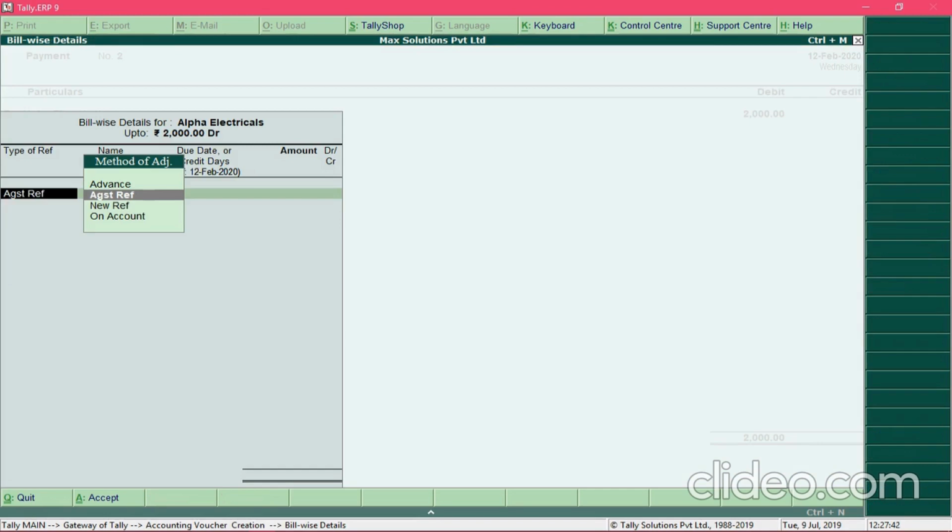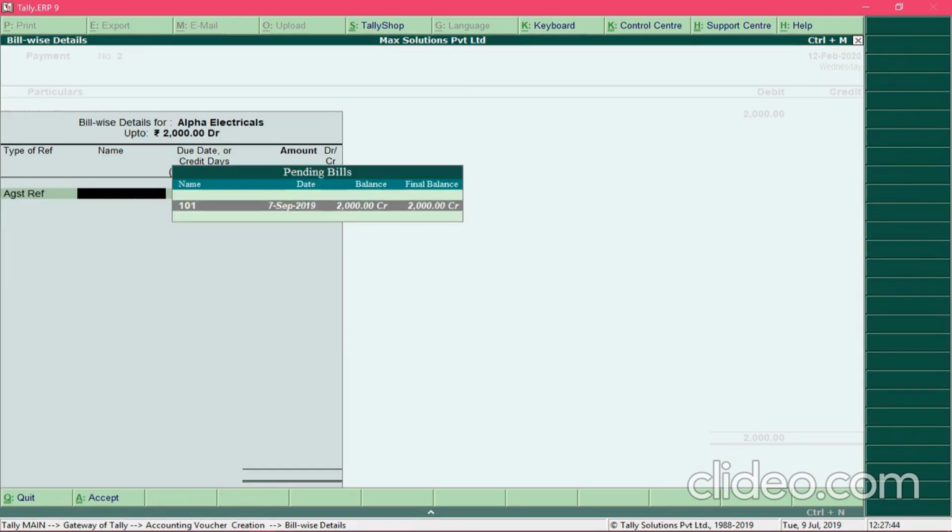So again we are making the payment against the bill number 101. So you can see that Tally has been updating the amount information. So earlier the bill amount for this invoice was rupees 3000, out of which 1000 worth of goods were returned. So the net balance which is liable to be paid is rupees 2000, which is calculated by Tally.